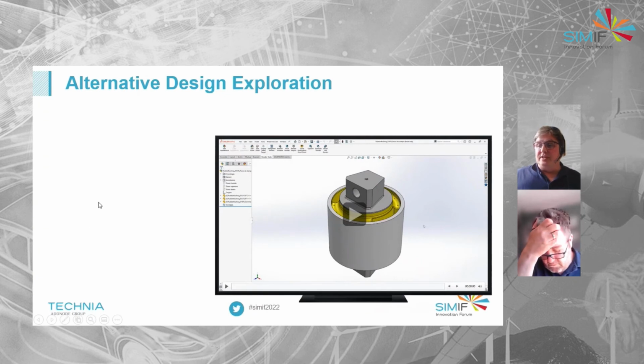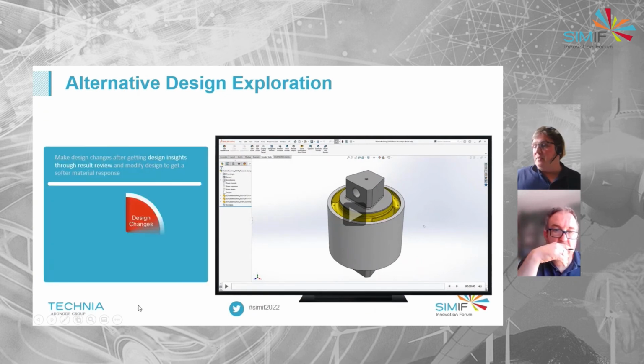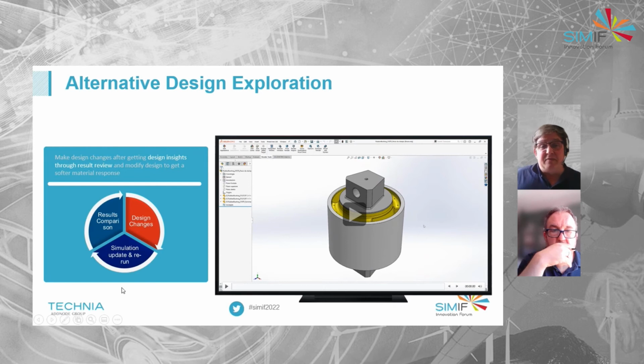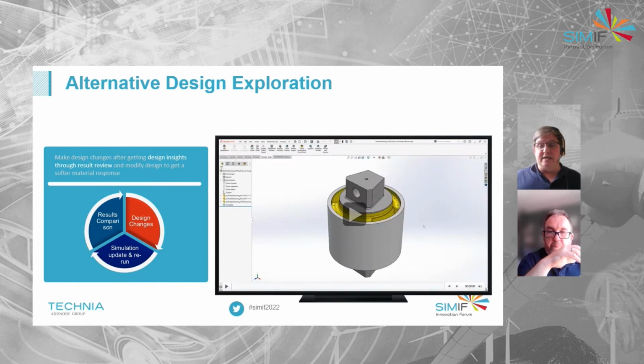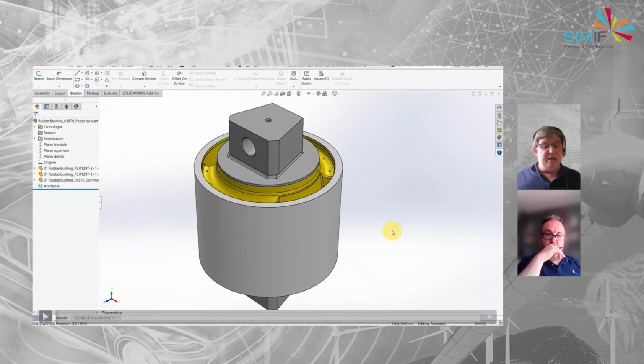So we're going to look at an alternative design. In exactly the same way as we did with the resin, we're going to go back to SolidWorks, change that rubber bushing so that it's got a larger recess in it, so that in the left to right on my screen here, we've got less rubber, so it's probably going to be more flexible and allow more movement. So let's do that in SolidWorks.